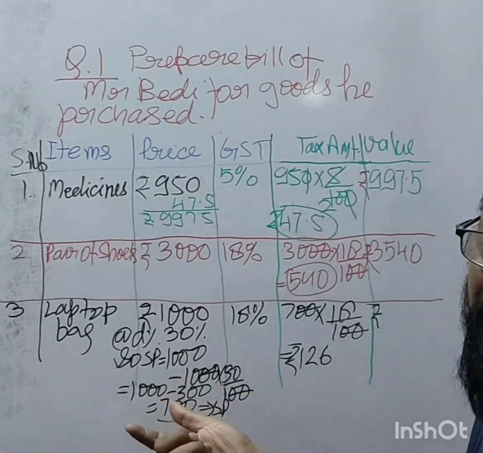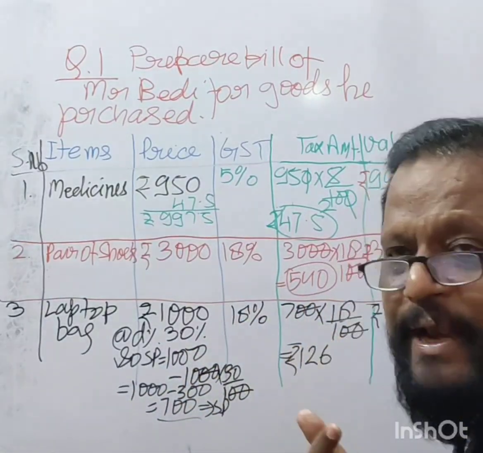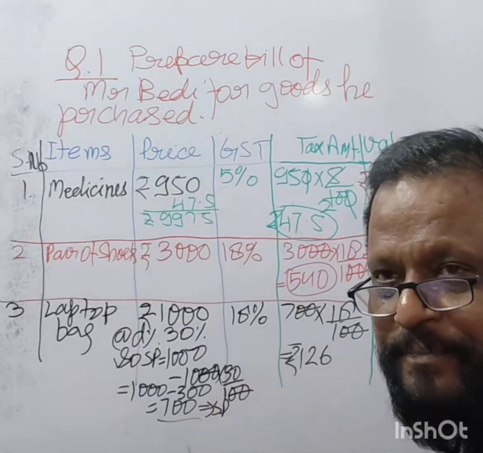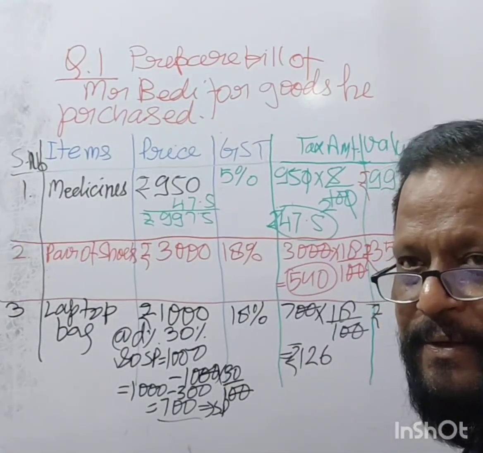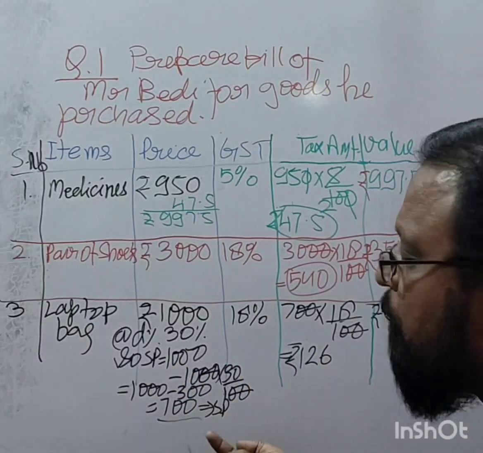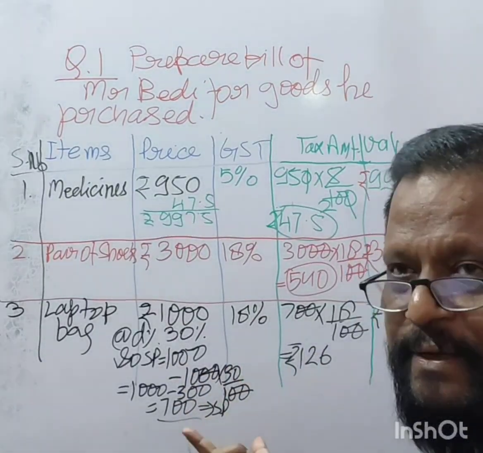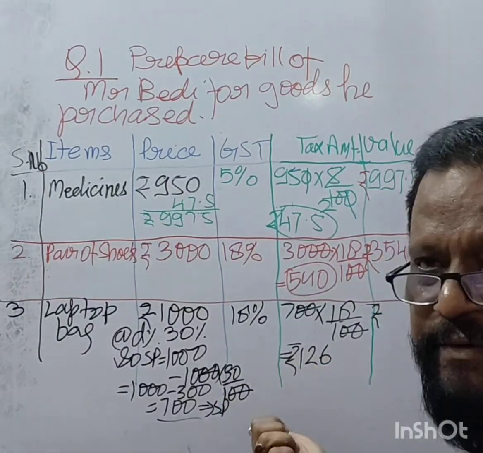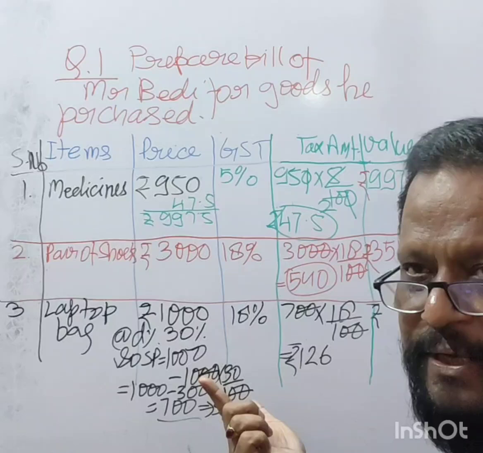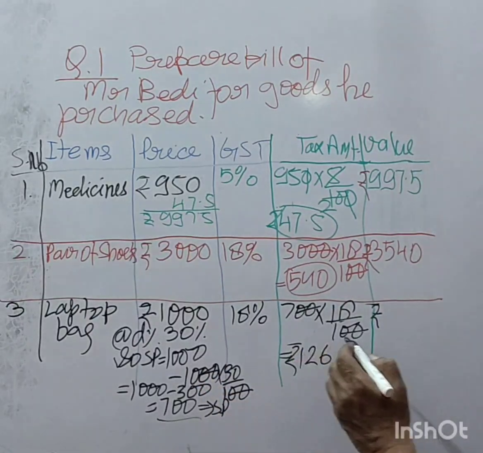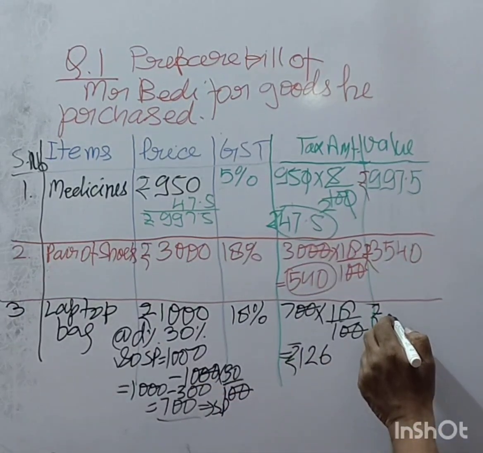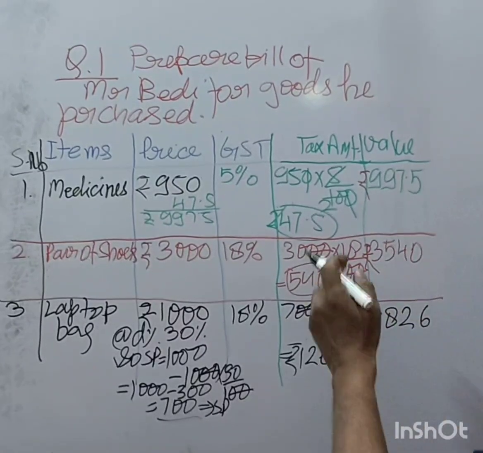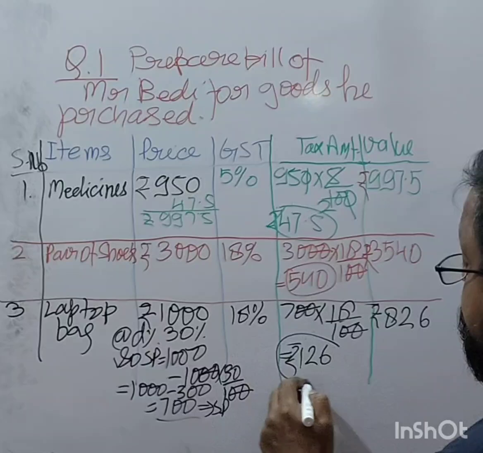Tax is always paid on the selling price. Whatever MRP is there, that does not matter. The topic is at how much cost it is selling. It is selling at 700. So we'll take tax on 700 only. How can we charge on 1,000? So it is 826 rupees. This is the tax.